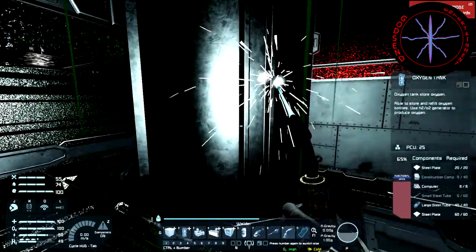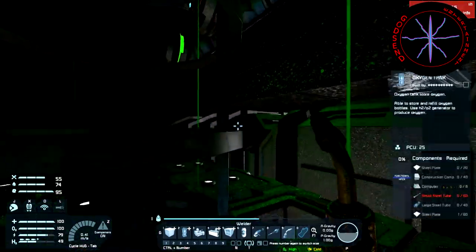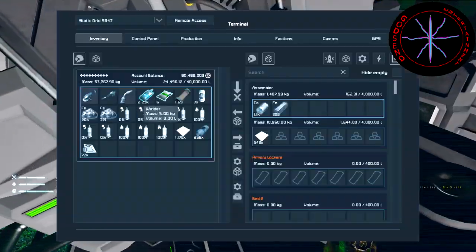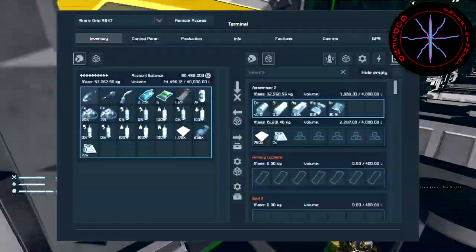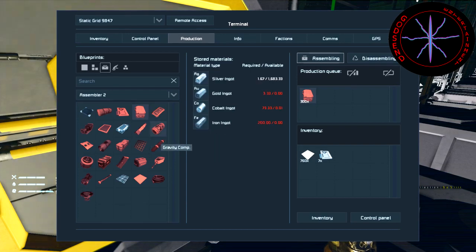Something tells me I don't have the small steel tubes. Yep. Or the construction comps. Is that because I'm out of them, like always? Let's see, alright, that's making that. Let's go ahead and make some construction comps and some... What was the other thing I was missing? Steel plate. I don't remember what I was missing. Construction comp and